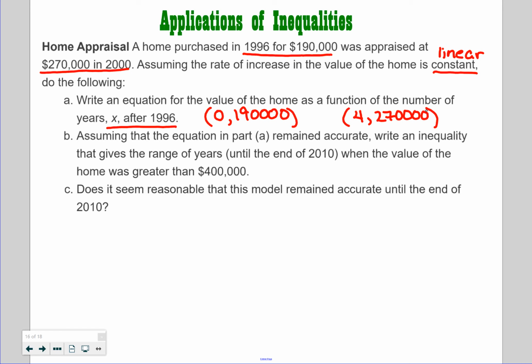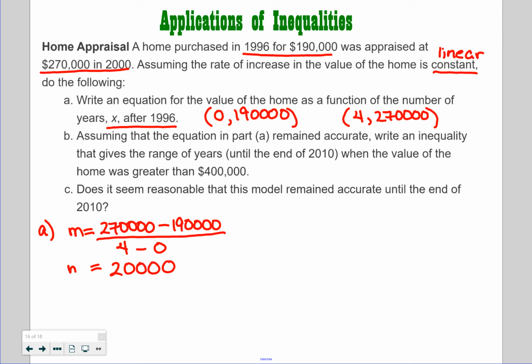To write an equation for this, the first thing that we're going to have to do is find the slope. y2 minus y1 over x2 minus x1. 270,000 minus 190,000 divided by 4 on the bottom